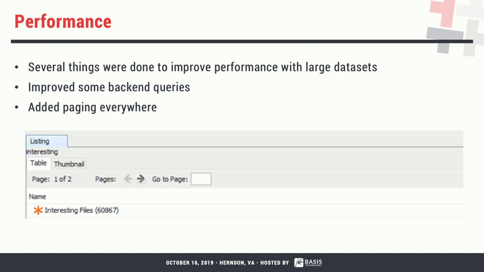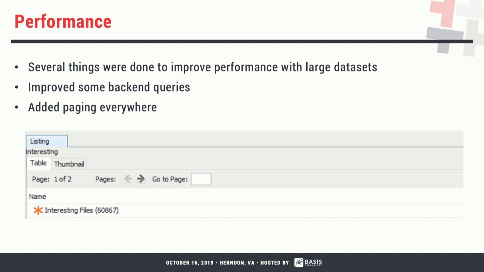It's now going to hang for a while while it all loads. So there's been a big theme of how we identify these things and reduce that bottleneck and figure these things out. There's been a bunch of different queries and things we did to make things load faster, more lazily, or whatever. But one noticeable change is there's now paging everywhere. So every time in the table, there's always paging involved.